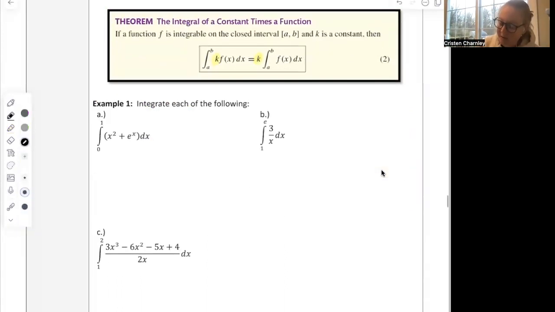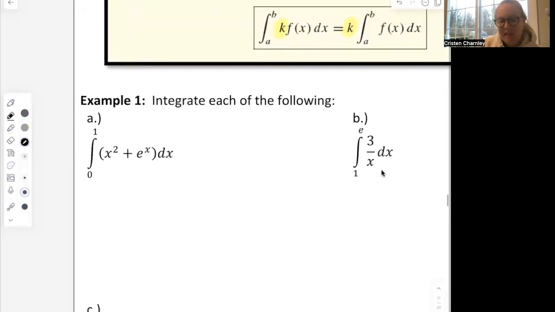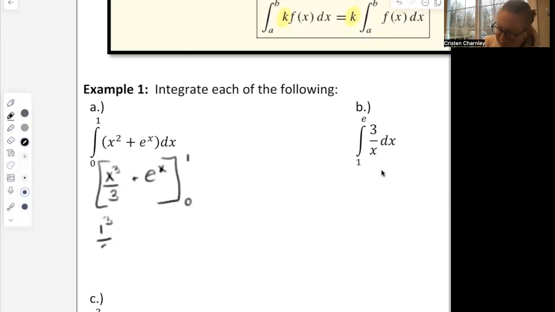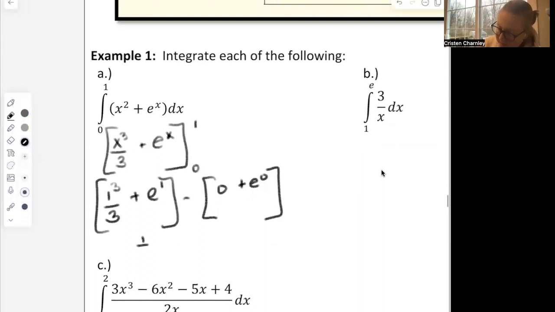Example 1, let's integrate each of the following. This is one where we have a sum and you can find the antiderivative of each one independently. So I would have x to the third over 3. The antiderivative of e to the x is e to the x. Using the fundamental theorem of calculus, I've got 0 and 1. The 1 would go in first, so this is 1 cubed over 3 plus e to the first, minus, this would be 0 plus e to the 0. So in the very beginning, this is 1/3 plus e